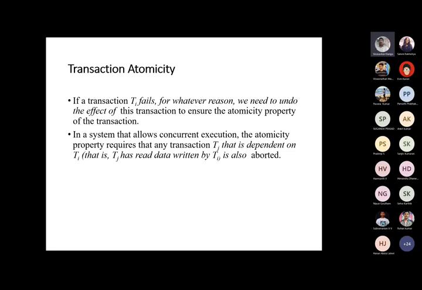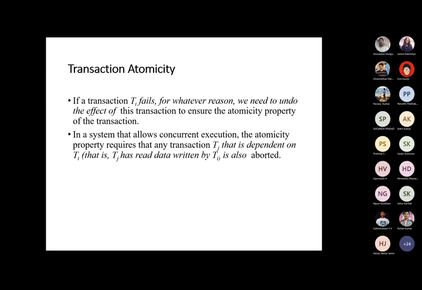So first topic is transaction atomicity, right? So if a transaction Ti fails for whatever reasons, we need to undo the effect of this transaction to ensure the atomicity property of the transaction, right? So if a transaction fails, you need to roll back the transaction to ensure the atomicity property of the transaction,